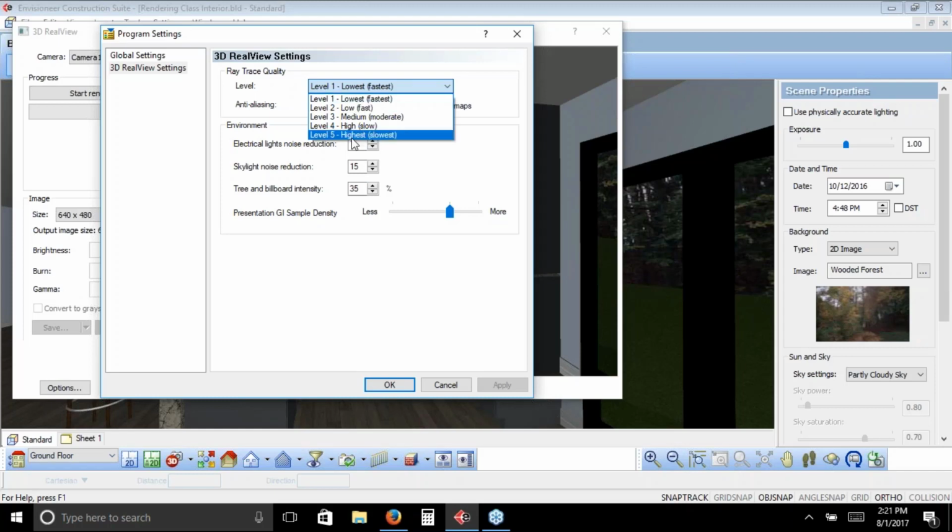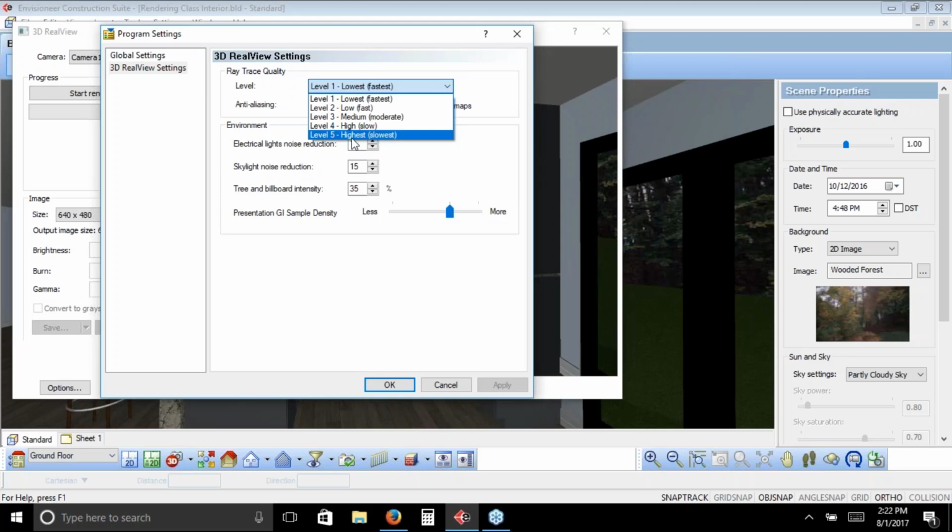But you can see level 5 is the slowest. With that added information from every light source, it's going to take time to do that. It's got to look at every beam of light that's coming down, how it's hitting that material that it's hitting, and when it hits that material, if it's one of those materials that you've got a specular value to it, how is that creating that specular look? And if it's creating that reflection, what is it reflecting on? So every material has to be looked at. So it takes longer. What also affects the speed of a rendering is the amount of information in the model